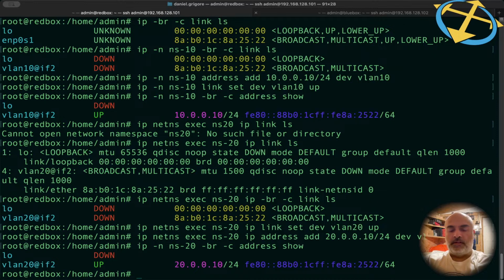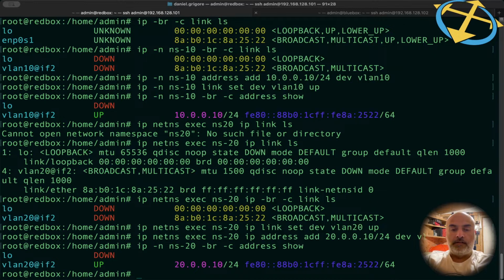So I'm operating inside of the NSX network namespace. Let's display first. Okay, it's here. So now I will say link set dev Vlan 10 up, and